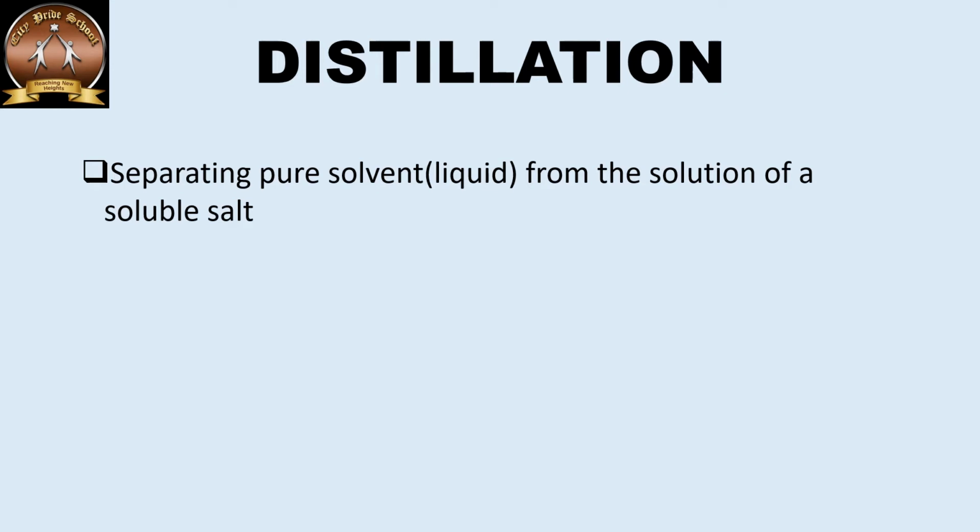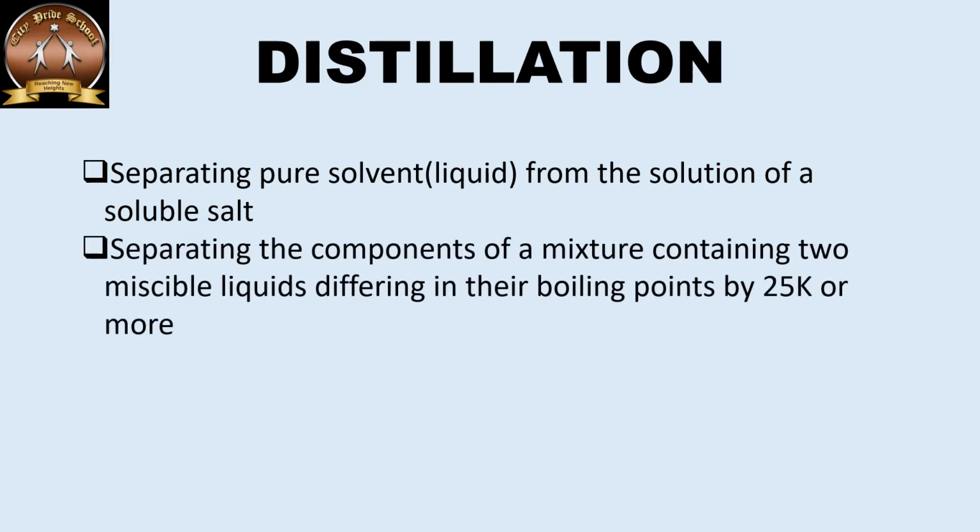Now some might have a doubt in the mind: sir, can we use evaporation? Well, evaporation can also be used, but this is a more improvised version where you can extract all the solvent quantitatively and qualitatively. Next, if we have miscible liquids, that means two liquids that are easily soluble in each other, for example acetone and alcohol, or alcohol and water, then the mixture is made up of two miscible liquids, and these can be separated